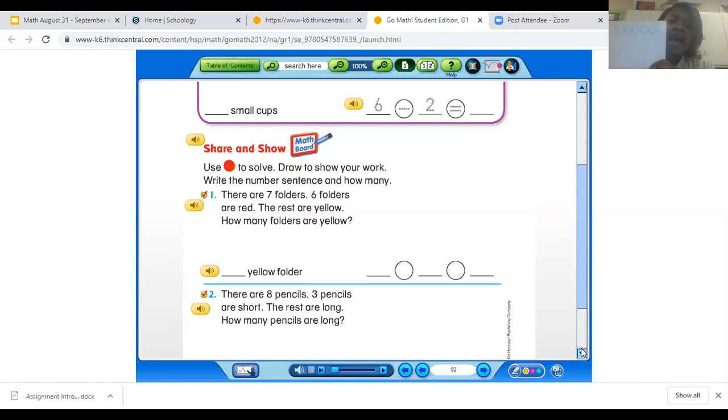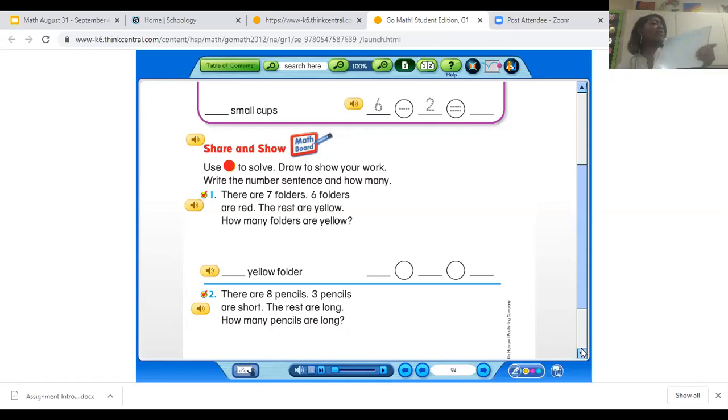I have 8 pencils. 3 pencils are short. So 3 of those pencils are short. The rest are long. How many pencils are long? So I'm trying to figure out how many are long. So I don't need the short ones, so I can take those away. So let's see. 3 pencils are short. So I'm going to write an S for short. 1, 2, 3. So I don't need these short pencils, but I do need to figure out how many are